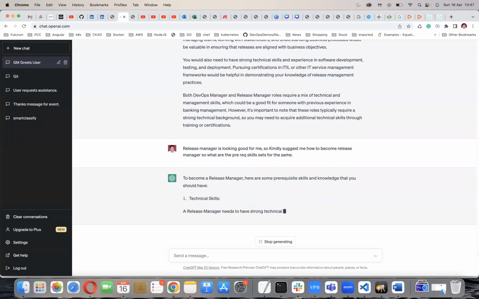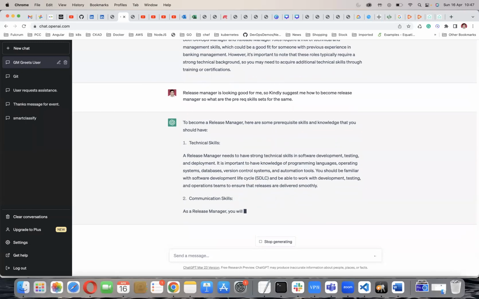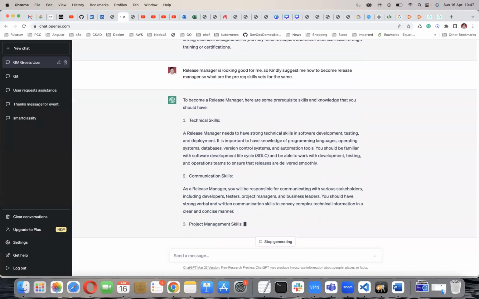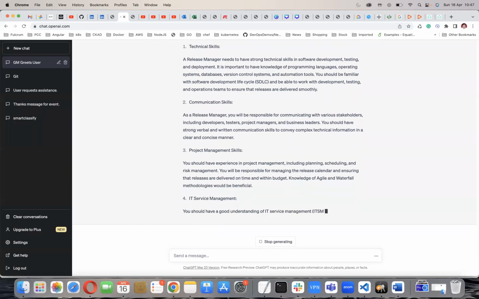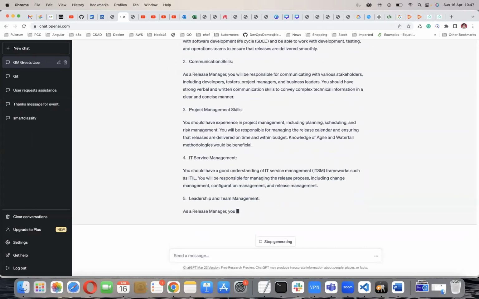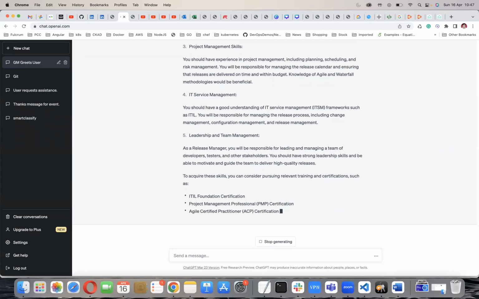Now you can see, till now you have decided on the release manager. So now I'm trying to ask the question: yes, it is looking good for me, and what kind of steps I need to follow, and what kind of skills I need as a prerequisite, right?